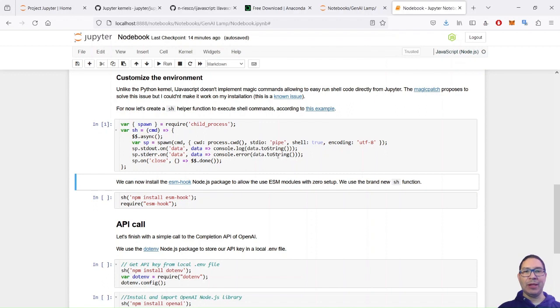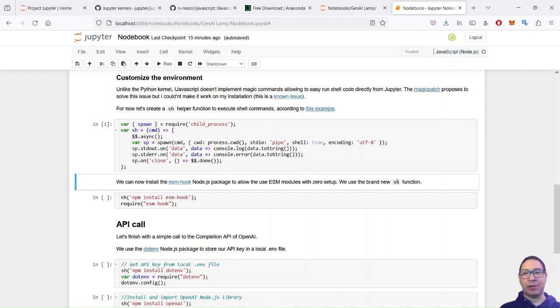Now I need a few other packages before moving on to the API call. The first one is esm-hook, coming from the npm repository, which allows using ESM modules with zero setup, and that's the way to import, require, and use modules from a JavaScript notebook.